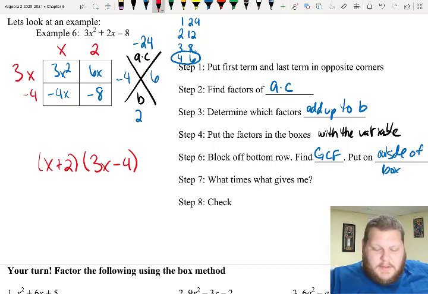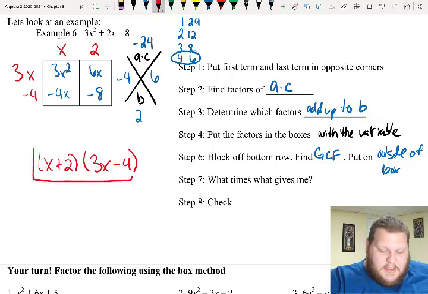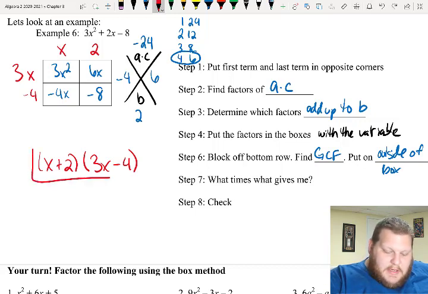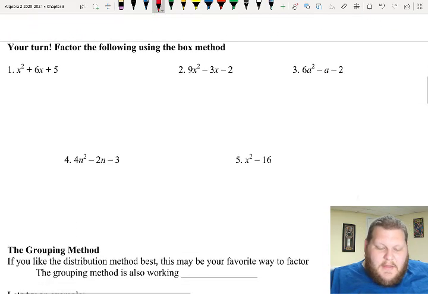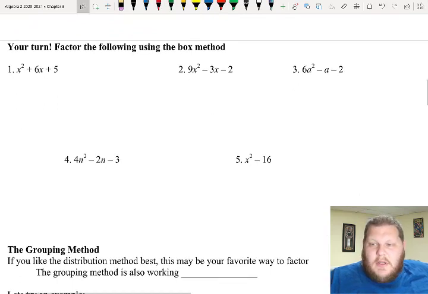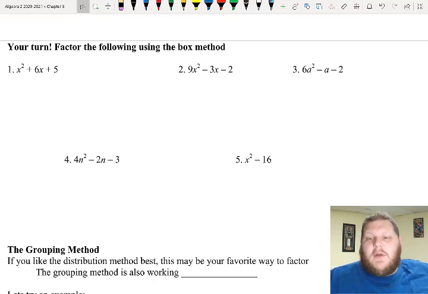So that's our answer. That's our final factorization using Xbox factoring. Let's undo that a little bit. Cool. Awesome. Okay. Now, that's not always necessary. Here I say that you have to factor using the box method, but there are other ones that we have